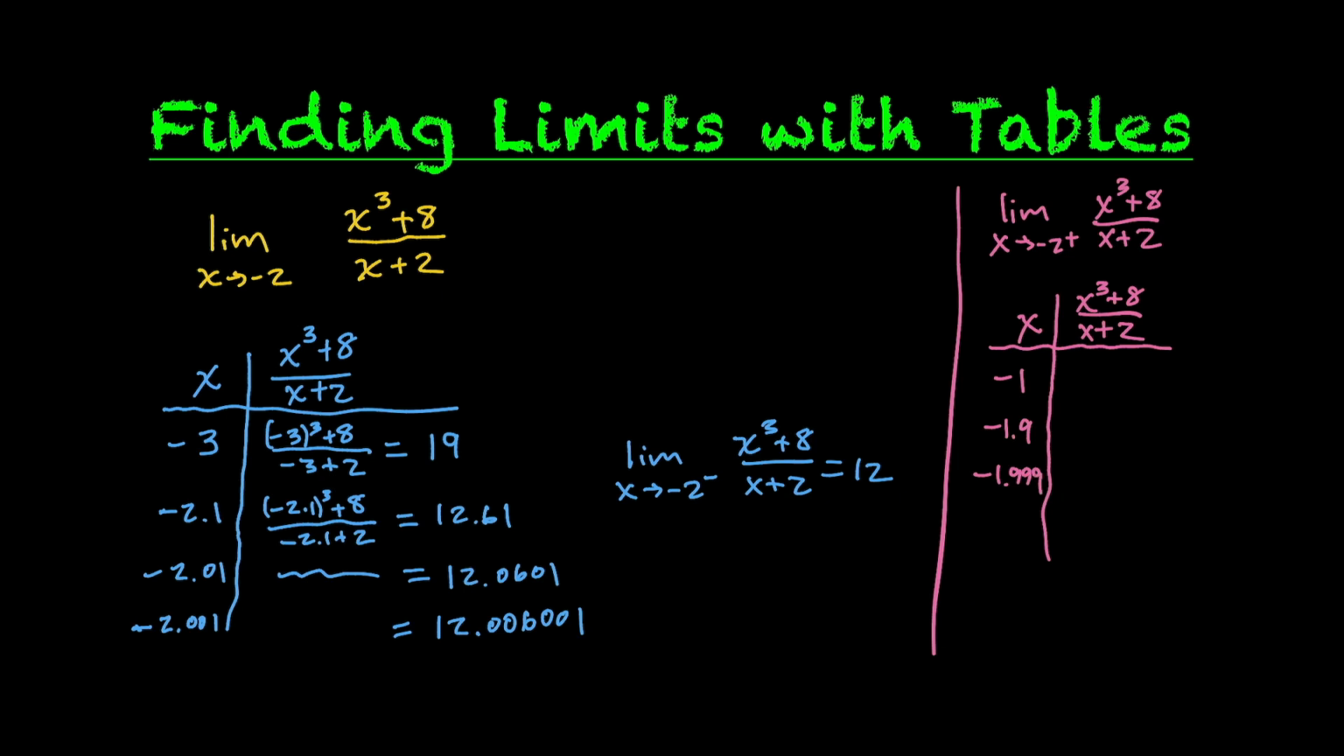And we're doing the same exact thing as we did before. We're just plugging into the function x cubed plus 8 over x plus 2, and we're computing it and seeing what we get. When we plug in negative 1, we're going to get 7. When we plug in negative 1.9, we're going to get 11.41. And when we plug in negative 1.999, we're going to get